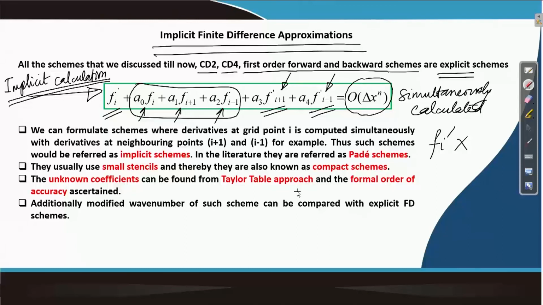So, once you solve for the system, all the derivatives will be worked out at a time, but they cannot be just worked out by substituting the functional values by using a single equation. So, this kind of a calculation is an implicit calculation. We will talk more about this implicit formulation in the next lecture.